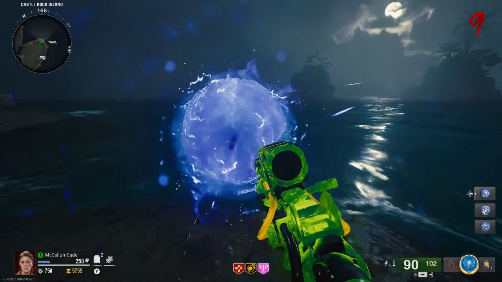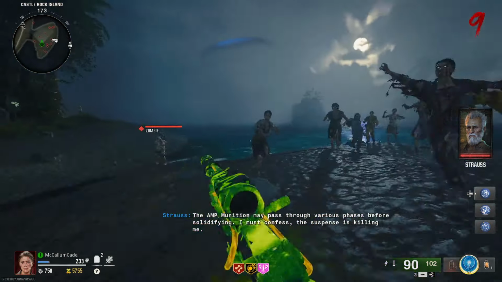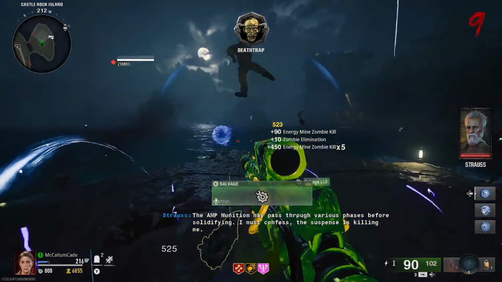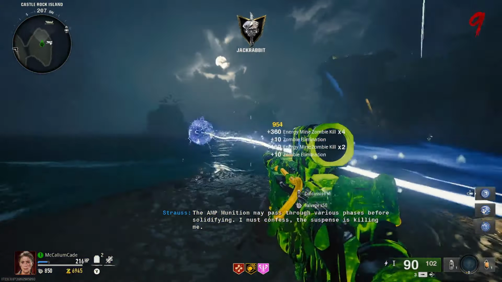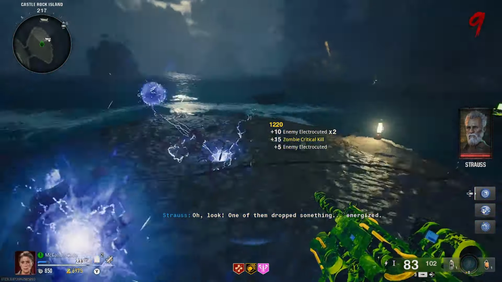Once you get to this island, you're going to see a blue orb with something in the middle. All you have to do is interact with this orb and basically survive until you see the orb go up in the air slightly and zap a very particular zombie. Once that zombie has been zapped, kill that zombie and you're going to have something electrical that drops to the